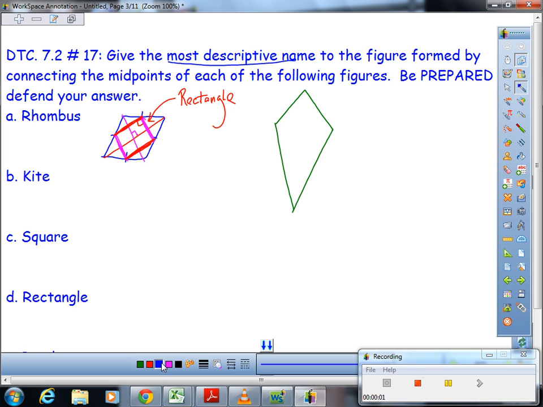Okay. Diagonals of a kite. How are they related? One is the perpendicular bisector of the other. Okay? So, again, if we took the midpoints of this side, the midpoints of this side, and we connected them, for the same reasons as before, since the diagonals are perpendicular, then we know these are perpendicular,